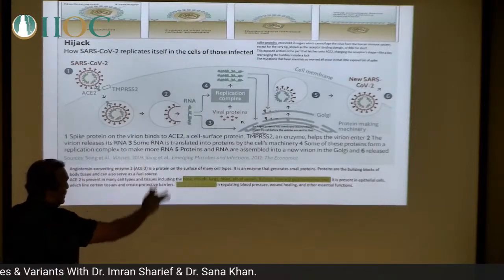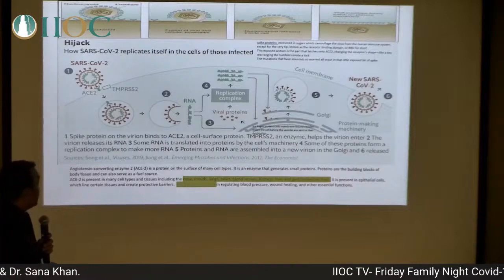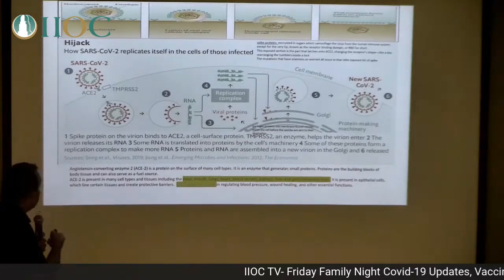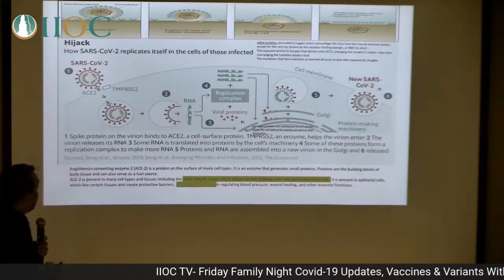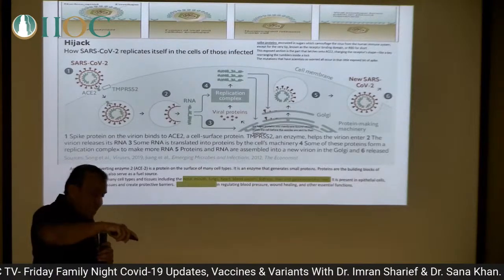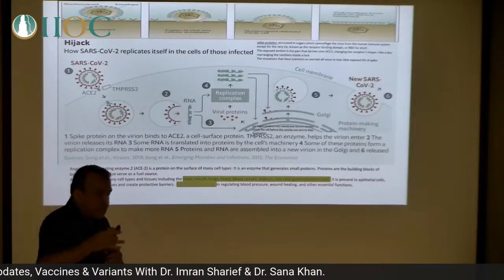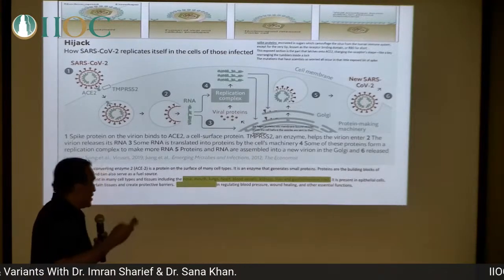Don't get lost in the complexity of this slide. Let me just tell you what happens. How does the virus come in, particularly COVID-19? So COVID-19, it's really a lock and key mechanism. So what happens is that we're actually surrounded by antigens all the time, whether it's a virus or bacteria or whatnot.